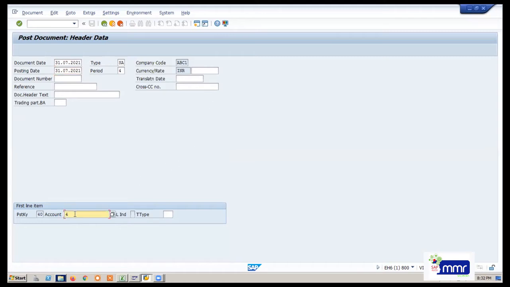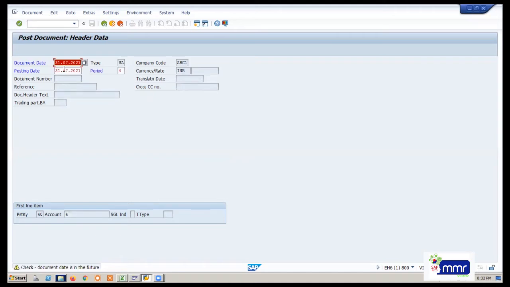So the post GL account is taking 40. You just enter. It will ask you some warning: check document, days in the future, because you are not at 31st of July now, but that's why you are giving a future date. In the live system you will not do it like this. Once 31st July comes, only then you will do it. But in our practice system, I'm just showing you how to do it.